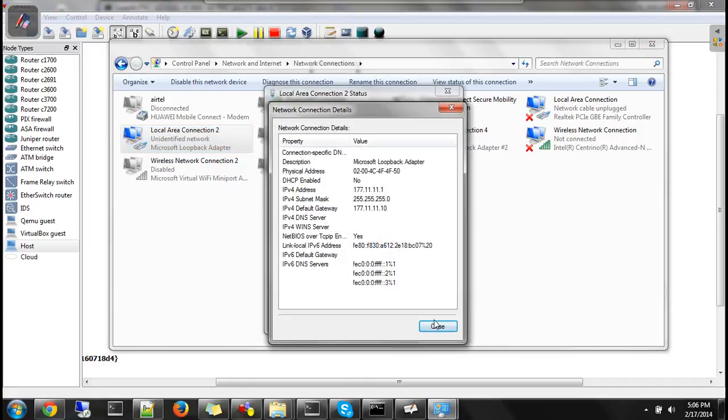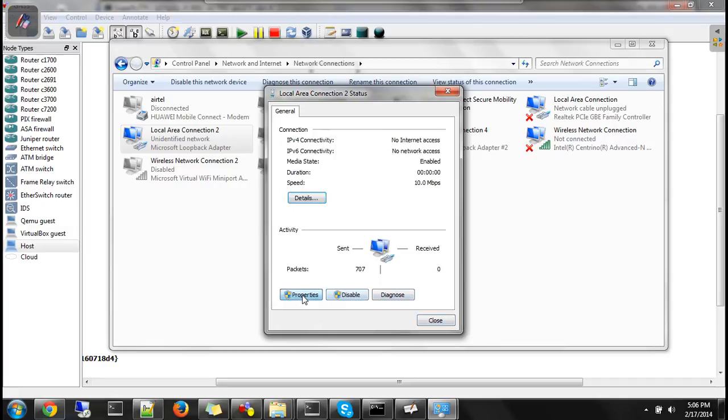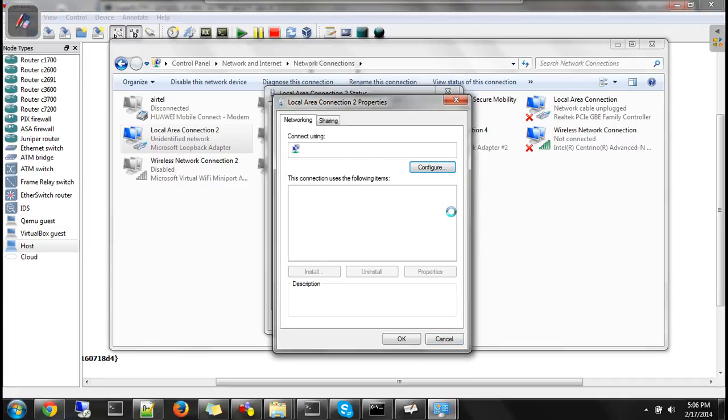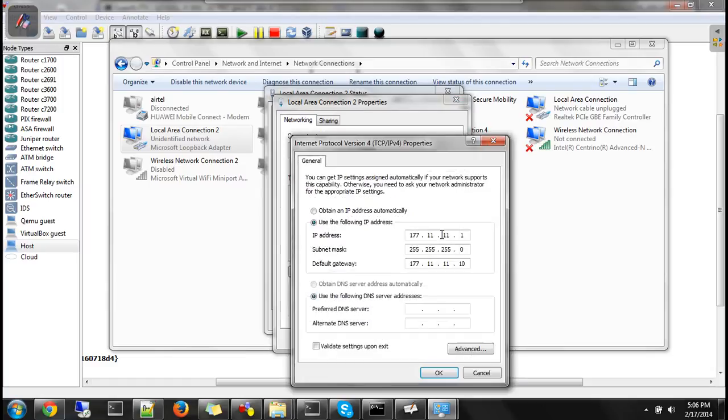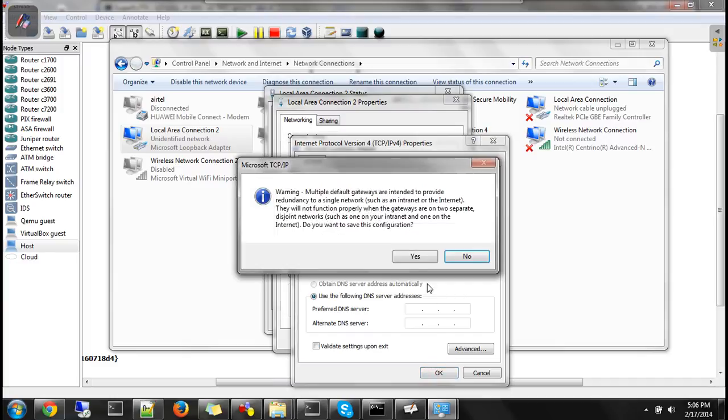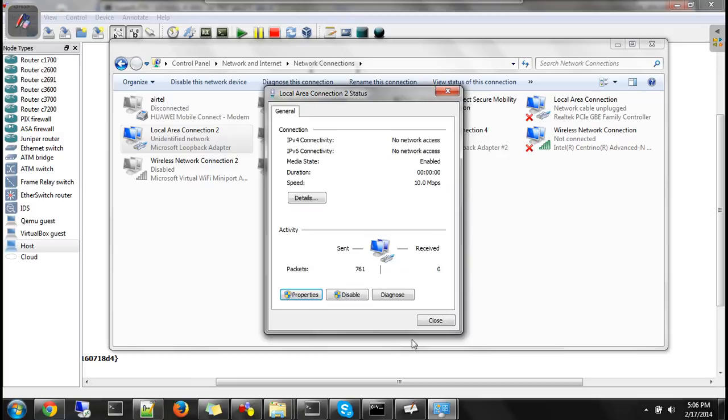Okay, this is not the one what I want. So I'll go to properties. Under properties, go to IP version 4. Double click and change the IP addresses. I'll put 10.11.11 dot say 99. Same subnet mask of /24, and default gateway is here 10.11.11 firewall dot 10. I click OK. Yes, OK, close.